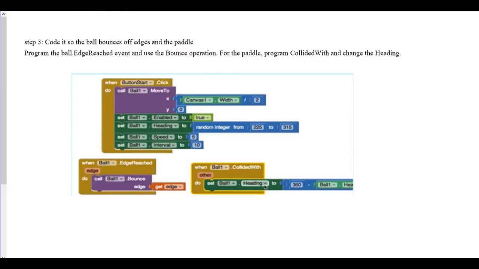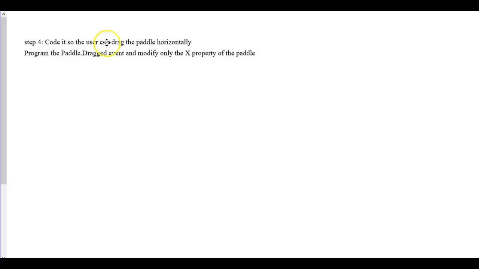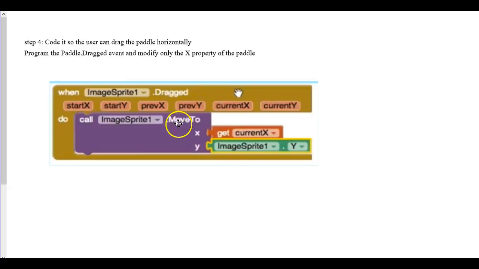We're going to change this again, go a little bit further, because now we want to make sure the user can drag the panel, but we only want to have them drag it horizontally. So we're going to use the paddle dragged event. So when they drag on the image sprite, which is going to be representing your block, our paddle, it's just a picture, we are going to get the current x value, and we're going to change the y value to